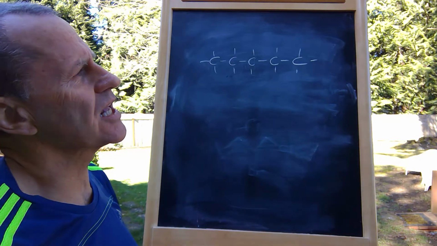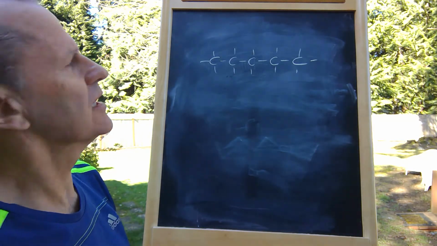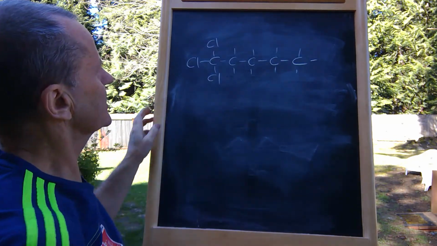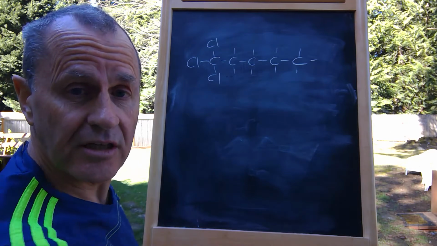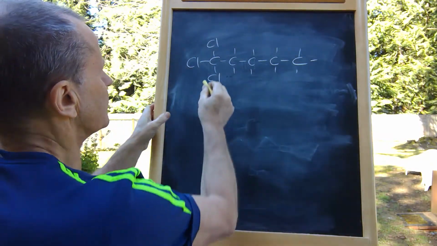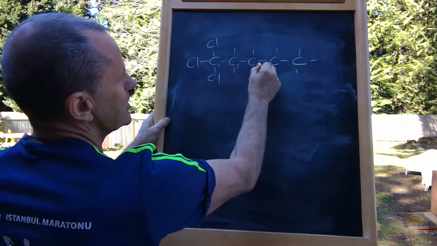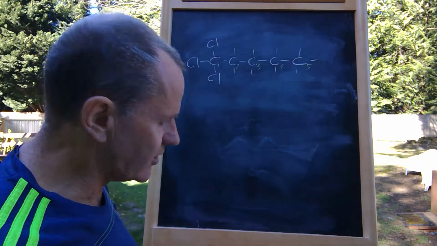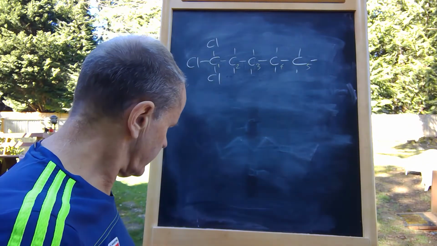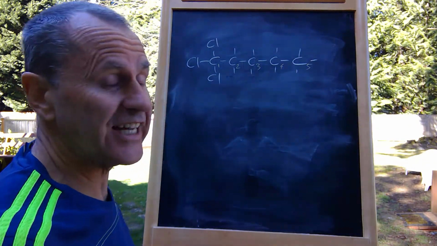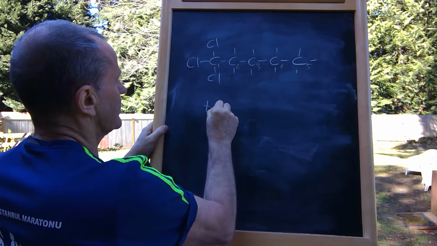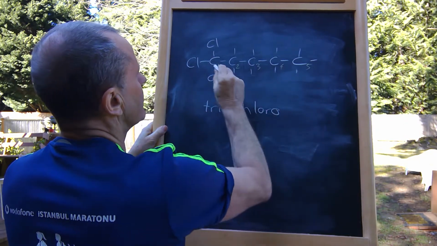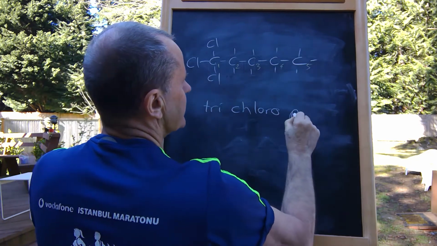Let's have a bit of fun with this. Okay, so we do the smallest number from the end, and that one's going to be 1, and there's 2, 3, 4, and 5. So, how many chlorines attached to that? Tri, and that is trichloro, 1, 2, 3, 4, 5,